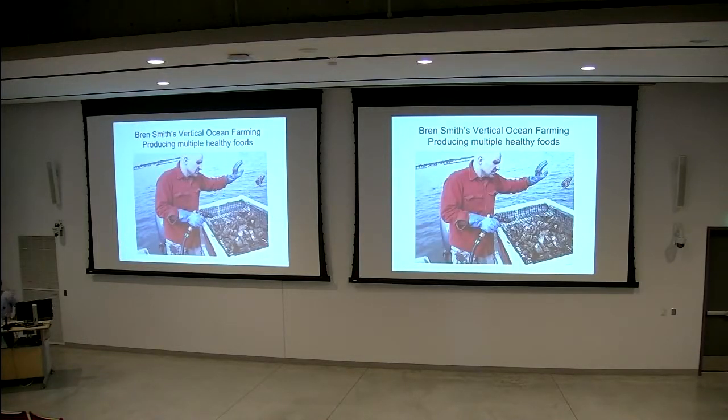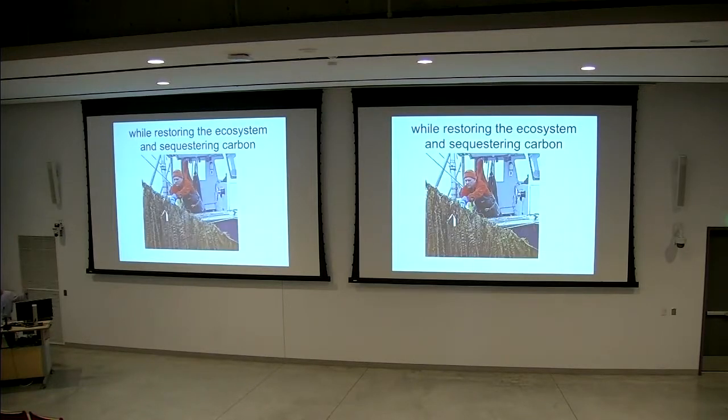This guy, Bren Smith, on the east coast of the US, did the same thing. He started commercial fishing when he was 15 years old, went to the east of the US, the west of the US, and Canada. Over 3 decades, he saw the fish catch declining, the fish getting smaller. He got concerned about it, and rather than continuing what he was doing, he created a system he calls vertical ocean farming, in which he raises 4 species of shellfish: oysters, clams, mussels, and scallops, in combination, in vertical columns with 2 different types of seaweed.